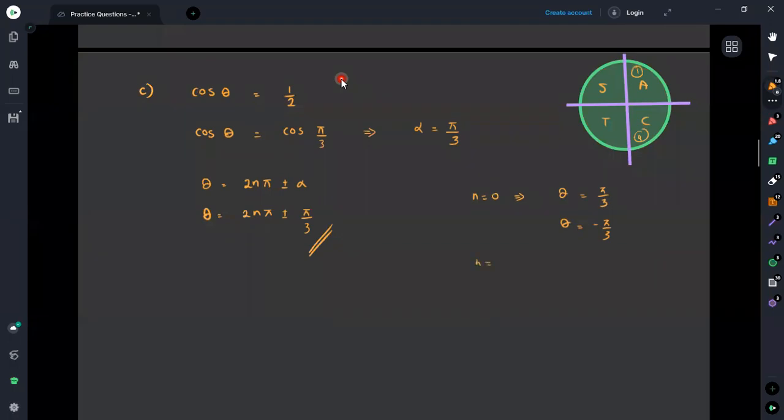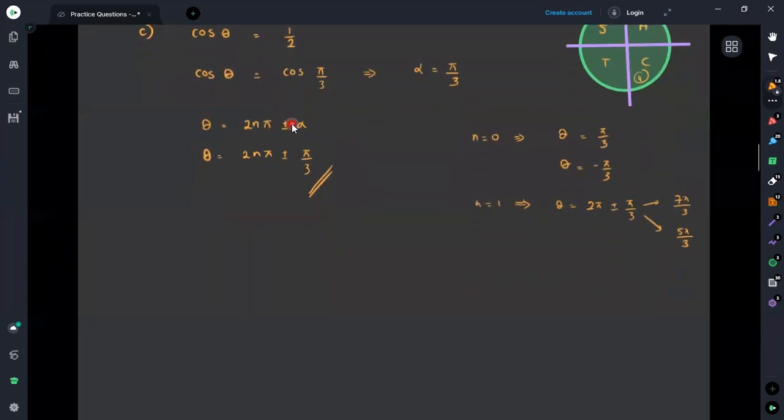And if it is n equals 1, again we can do substitution. If n equals 1, then we can say theta is equal to 2 phi plus or minus 5 divided by 3. Here we can find that this is equal to 7 times phi divided by 3, or else we can say this is equal to 5 times phi divided by 3. We can obtain both values once you substitute n equals 1 here.